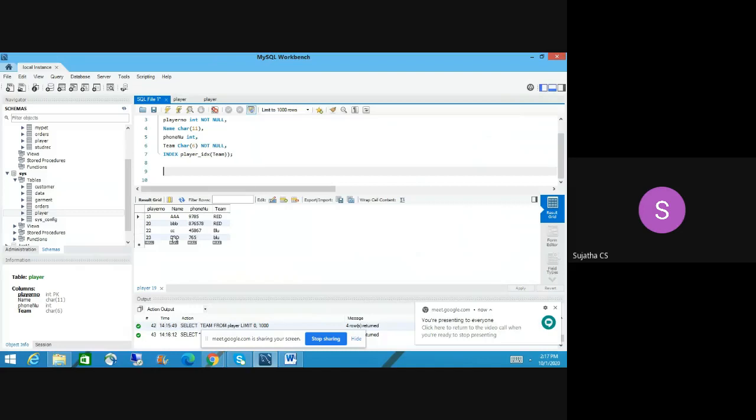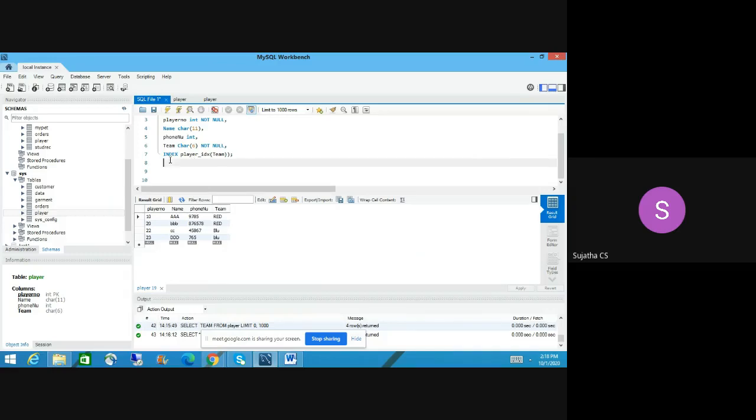Okay, I have created only a bunch of them. So why are we using an index? When you display or return records by selecting a few columns, if you use an index on a particular column, by default it will sort those records. That is the purpose of using an index.